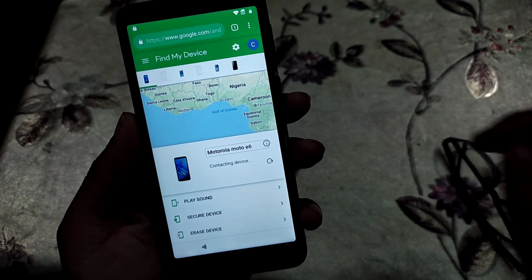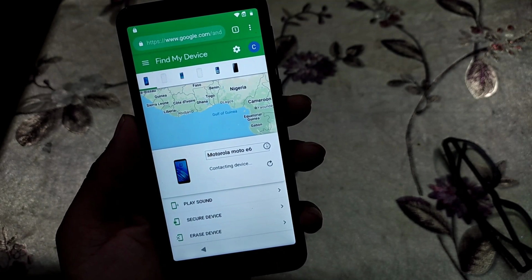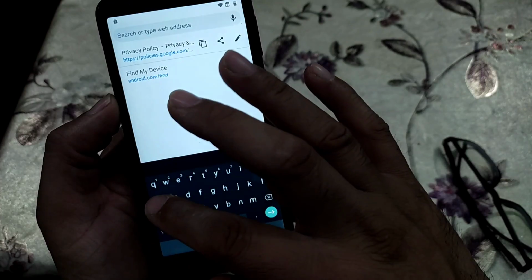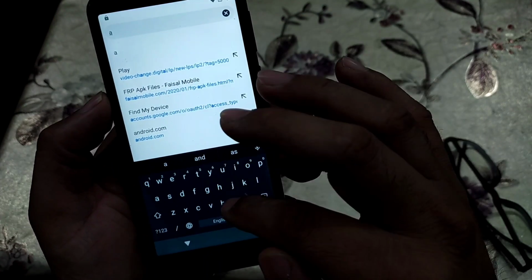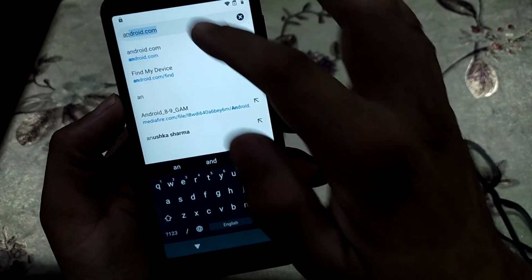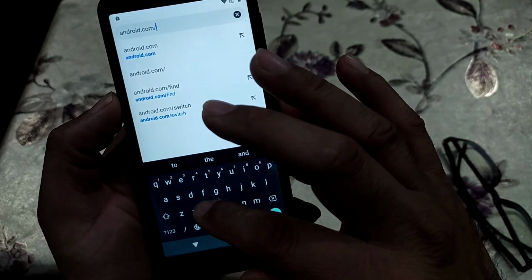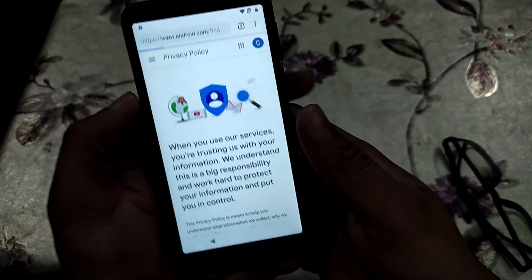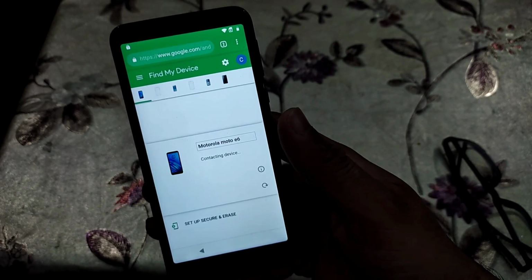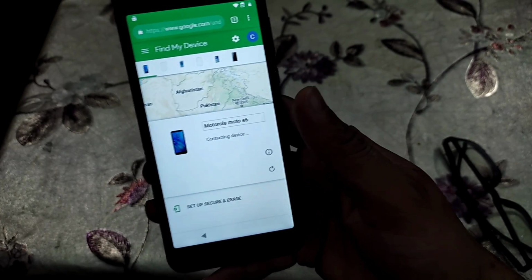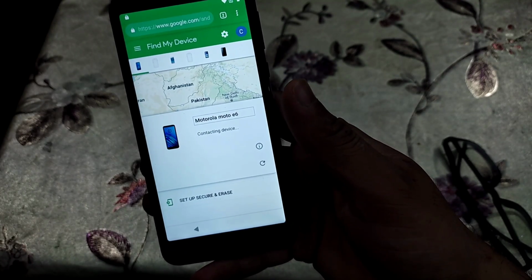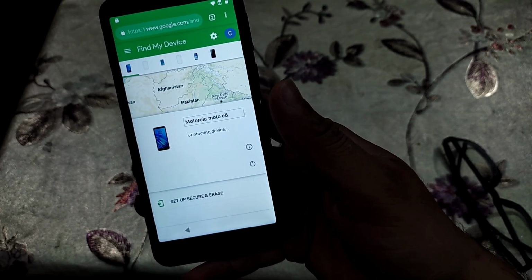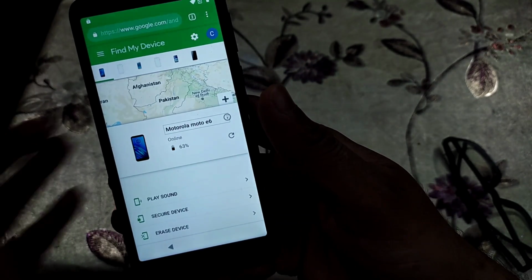If it doesn't work for you, you need to search it again. So as you can see, I come back to the search bar and android.com/find. Click again, find my device, and now come again here, and we just need to click on secure again.